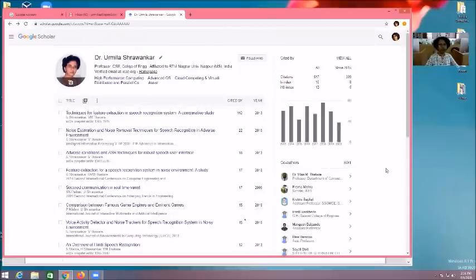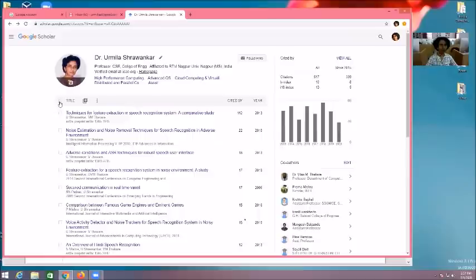Now, last but a very important tool. Suppose I want to download all my paper records, my publishers and my citations in Excel format. It is a very good tool and very helpful for maintaining our records. Instead of typing each and every paper and keeping a file with us, you can create a Google Sheet or Excel sheet and add the data there.